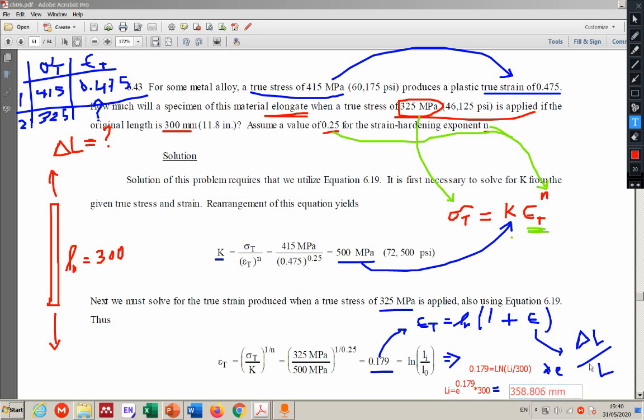millimeter. Now the delta L will be the difference between the original and the final, which is 58 point. Since we know delta L is the difference between the final or instant length minus the original length. So we know this is 358 and this is 300, so the result is going to be 58 point